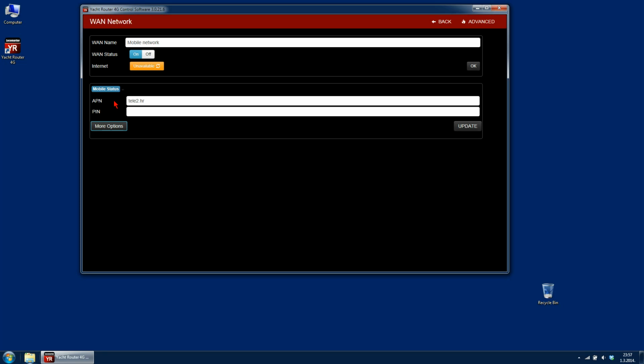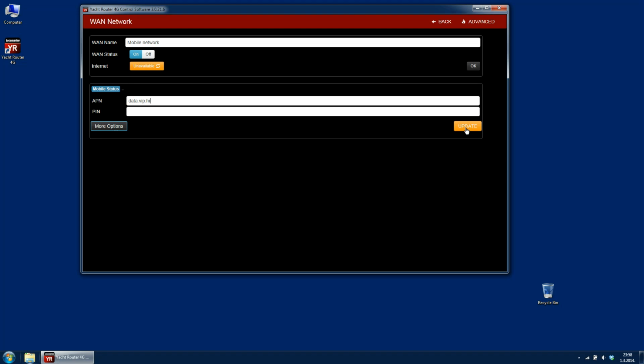Without correct APN, you will not be able to connect to the mobile network. The best way to find out correct APN for your SIM card is to contact your mobile provider. Of course, you can search the internet for APN, but sometimes you will find multiple and confusing information. However, there are some mobile providers where APN is not necessary at all, and you can leave this field empty. Correct APN for my HRVIP mobile network is